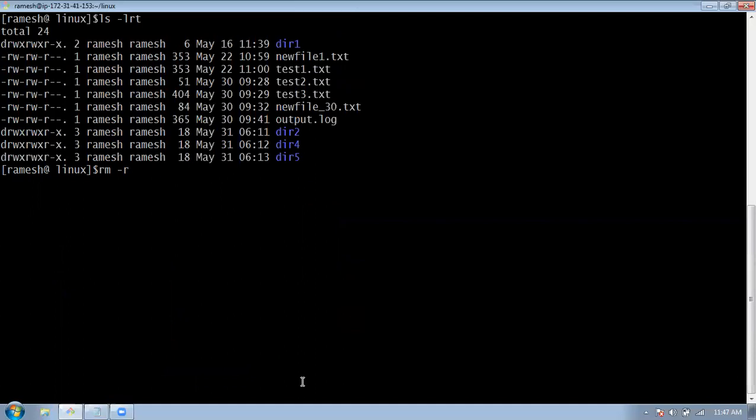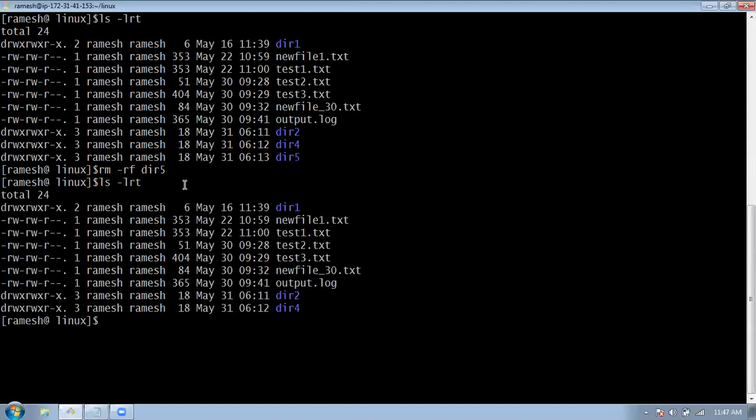You can use -r to remove the files recursively, and then you can use f for forceful. While using this, be careful while applying, as it may remove required files too if you misuse it. It will remove all the files in this directory and its subdirectories as well. So this is how you can remove the entire directory, its subdirectories and files as well using rm -rf.